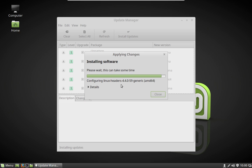It's -5.9. I did a video about all of the different kernels that are available in Ubuntu. The way they handle kernels can be a bit confusing, especially for newbies. The 16.04 series of kernels is the 4.4, and they're just going to keep maintaining it for as long as 16.04 is going to be around. So if you see that your Ubuntu is running 4.4 and then you read somewhere, well,